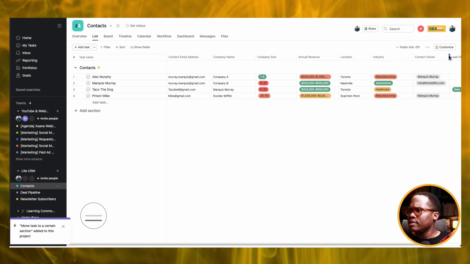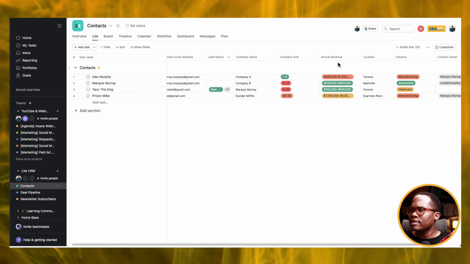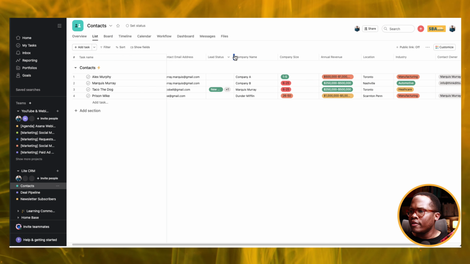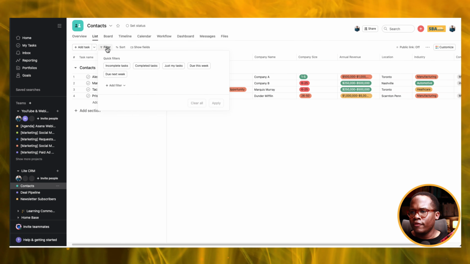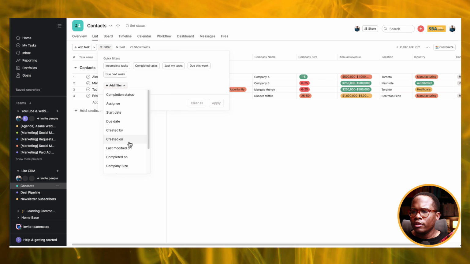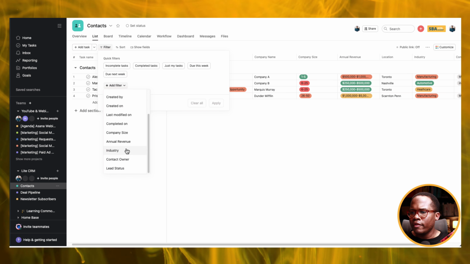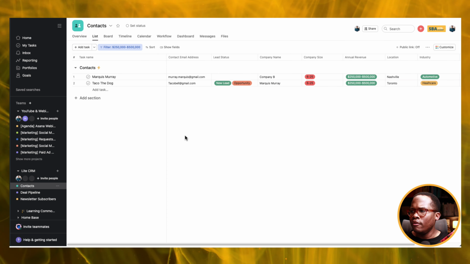We've got lead status that we can filter by. We've got company size we can filter by. We've got annual revenue we can filter by. And there's an industry as well. So if we did go up to filters, we can come down here, and if we want to see everyone that's in the $250,000 to $500,000 range, we can simply do that, and then it will filter out all